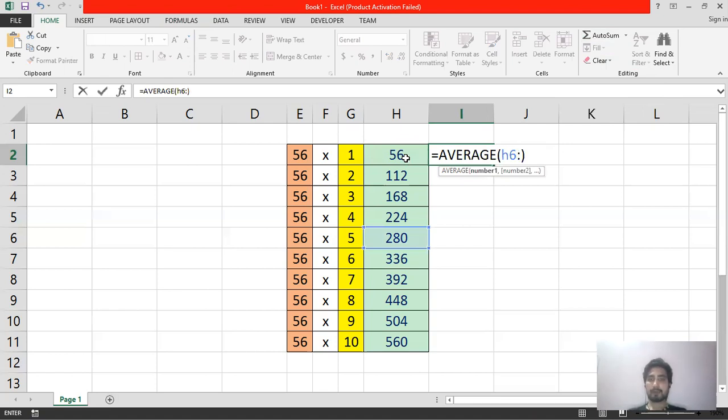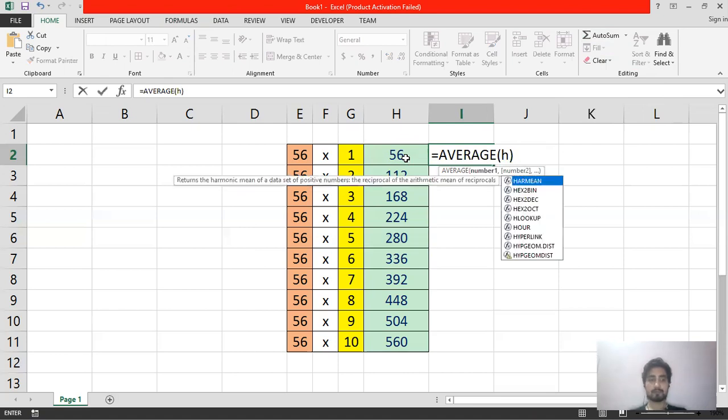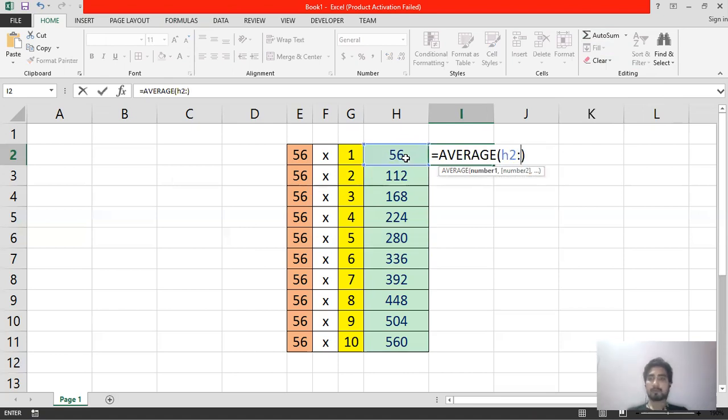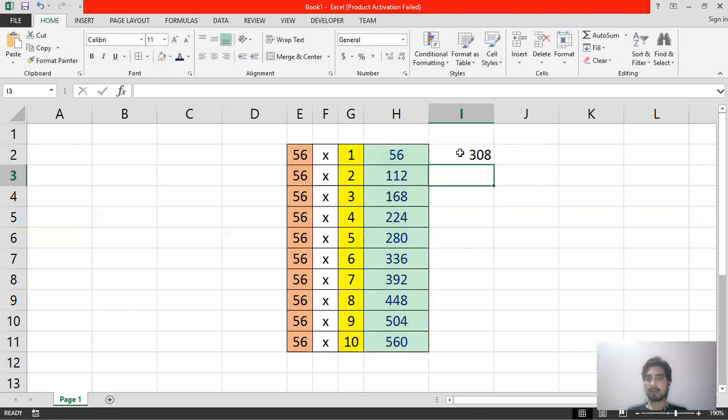Sorry, this is not H6, this is H2. Colon mark and then the name of the last cell till where you want to find the average. So the name of the last cell is H12. Sorry, it's H11. So it has been selected. Press the enter key and you will get the average of that total number.